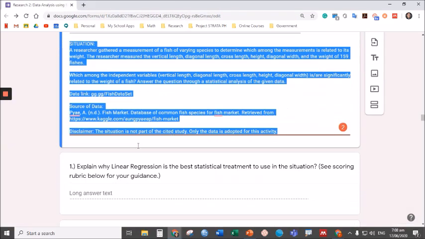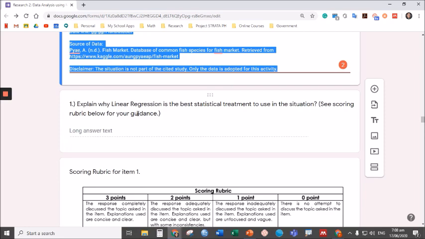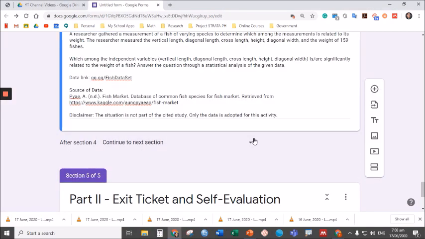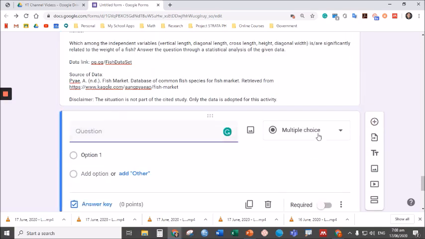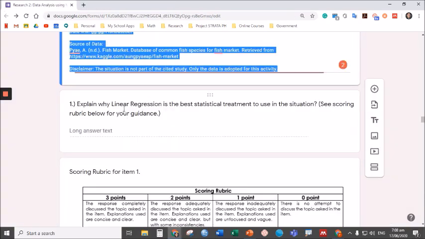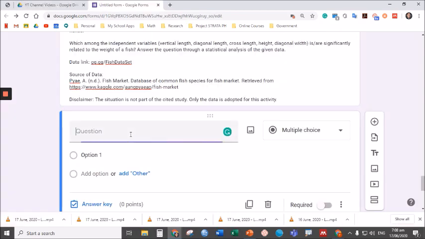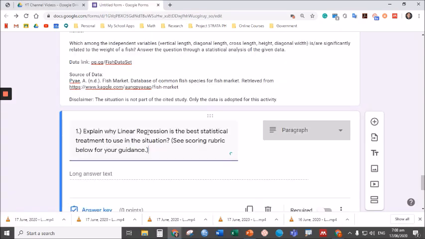Ayan. Tapos may question kaagad. Isang question lang muna tayo, for example, explanation. So, na-try natin yung multiple choice, try naman natin yung parang essay. Copy lang muna natin yung question kasi automatic naman nade-detect ni Google Form na paragraph yung kailangan